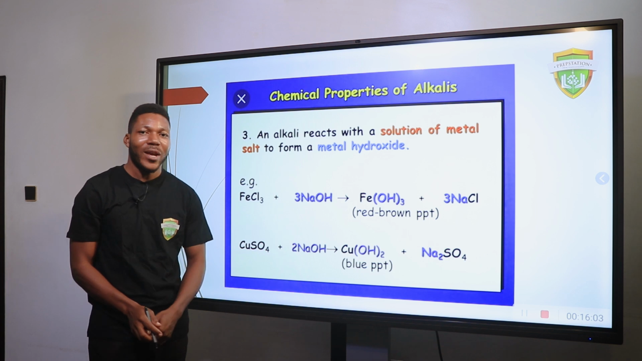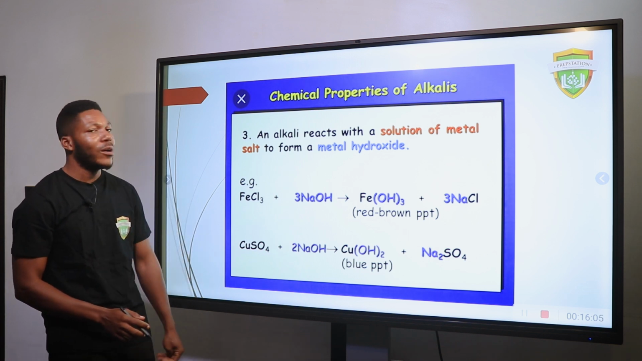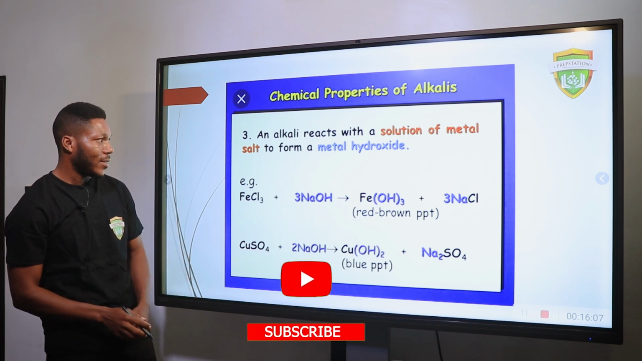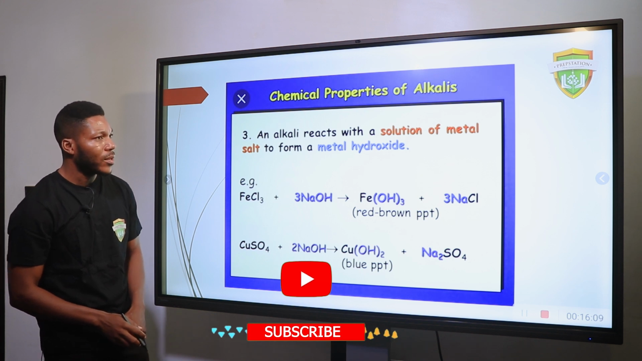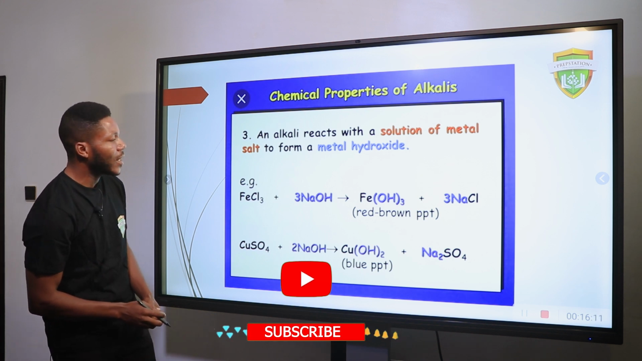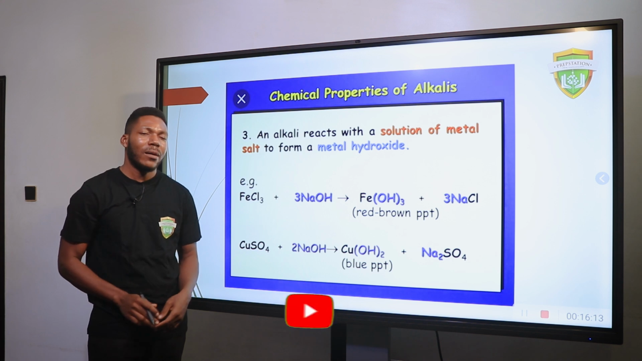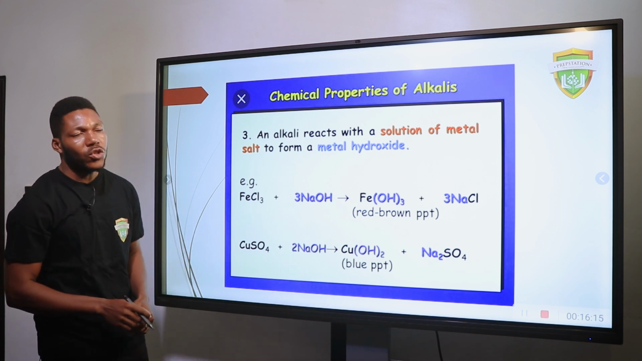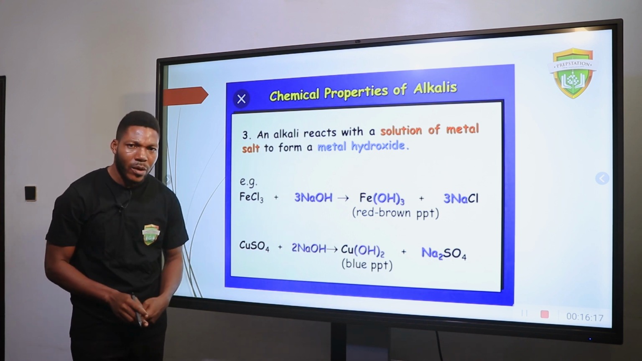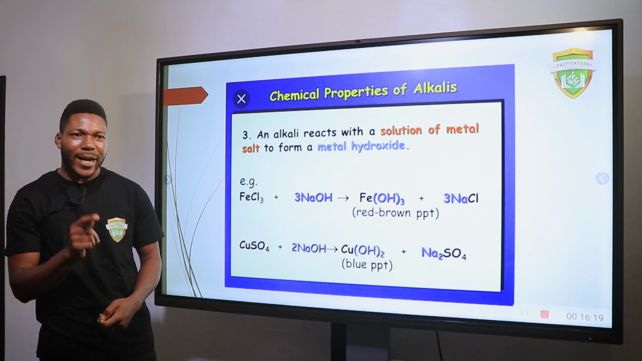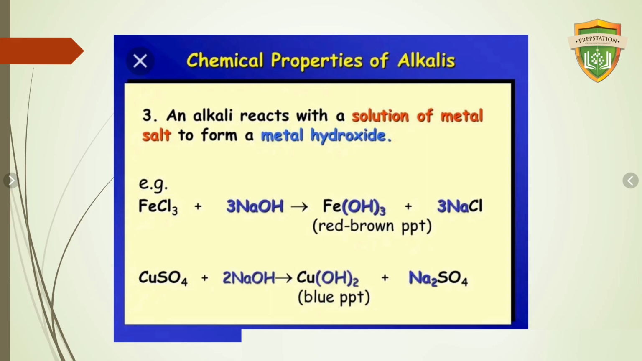Welcome back. We are still on the chemical properties of alkalis. We have discussed the first two: that it can neutralize an acid to give us salt and water, and also react with an ammonium compound to give us what? Ammonia gas. Now the third one is that an alkali reacts with a solution of metal salts to form a